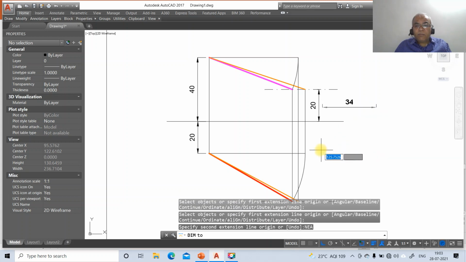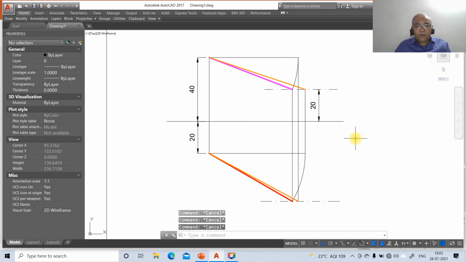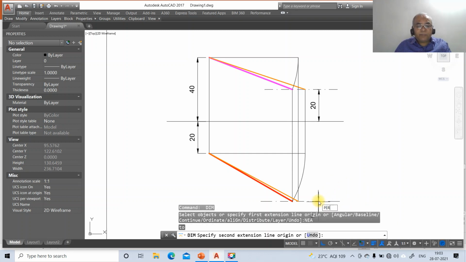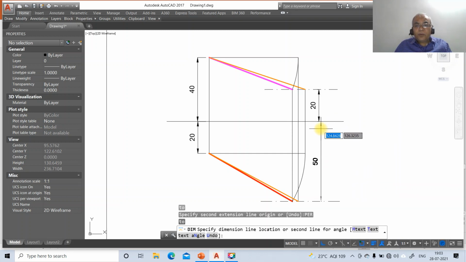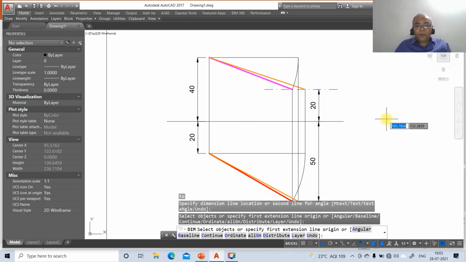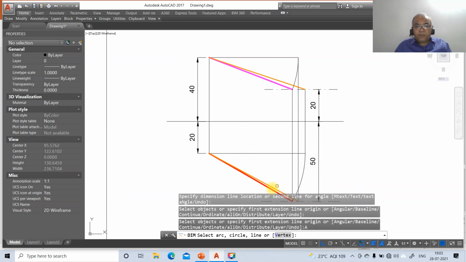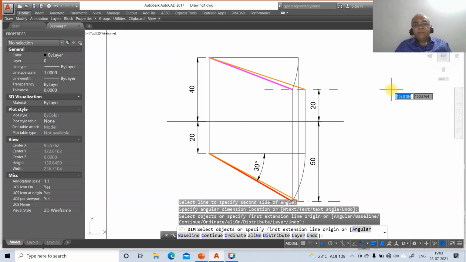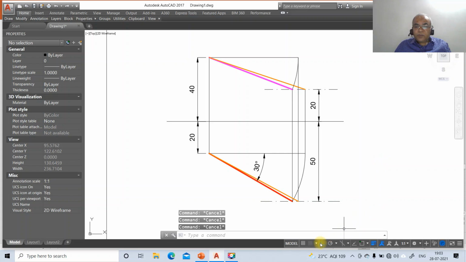Go to nearest, dim, go to nearest on this and take perpendicular to this now. So you're going to get 50. Then you go to angular, select between this line and this line. You're going to get 30 degrees. Then you just go to exit, switch off the ortho mode, go to leader, nearest on this, take this tangentially